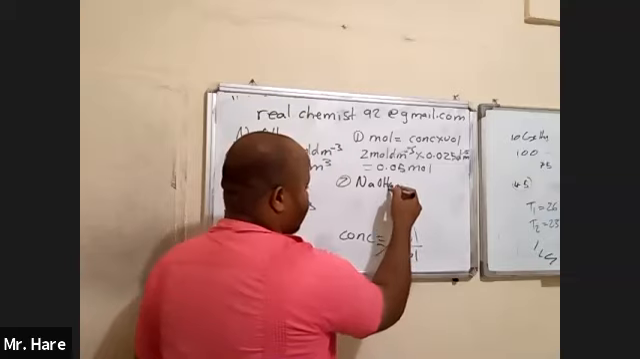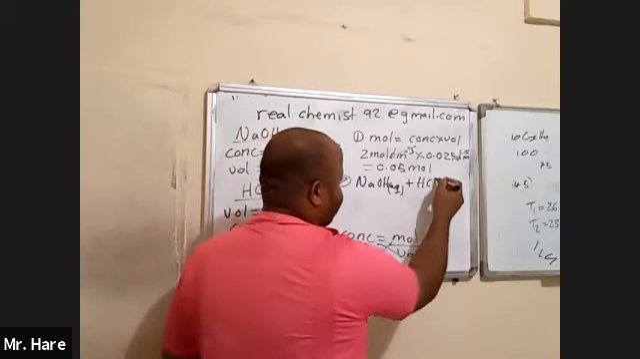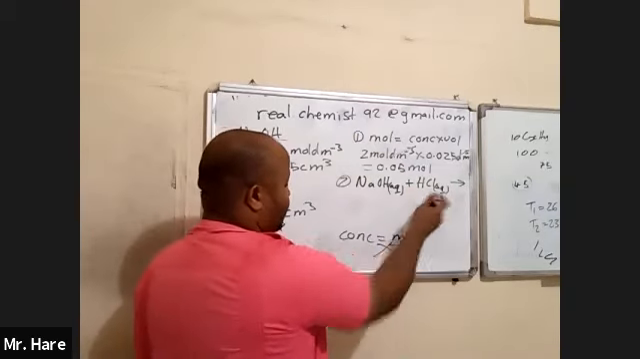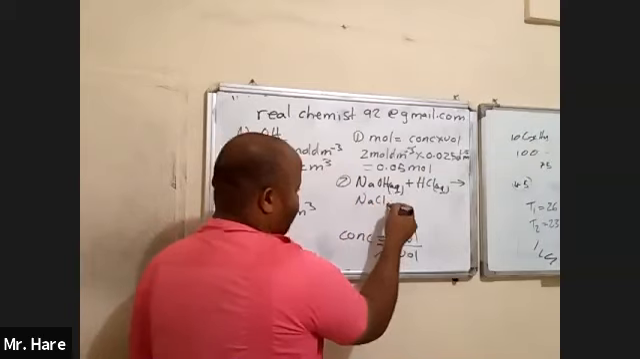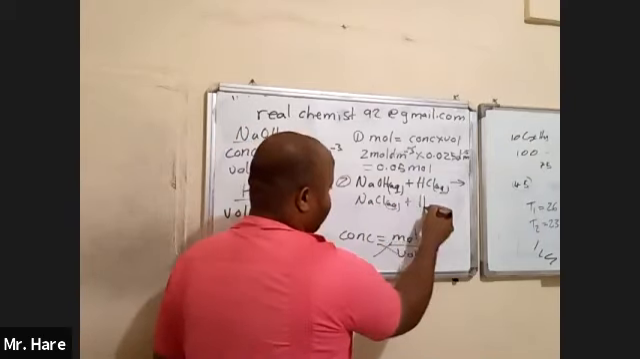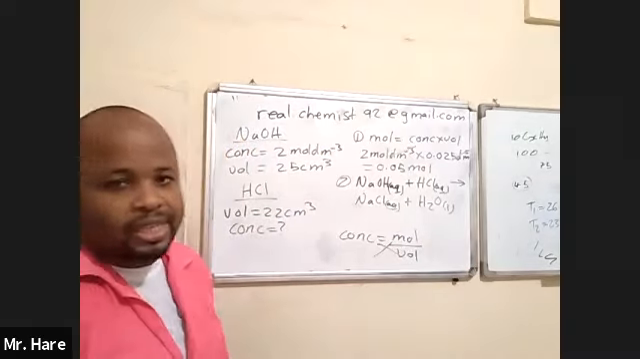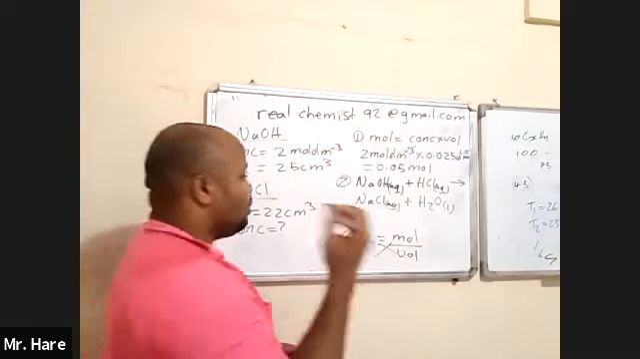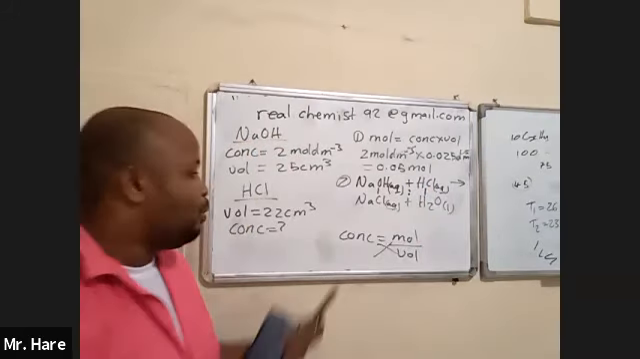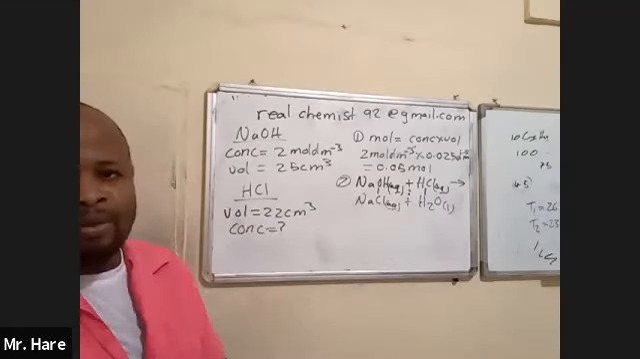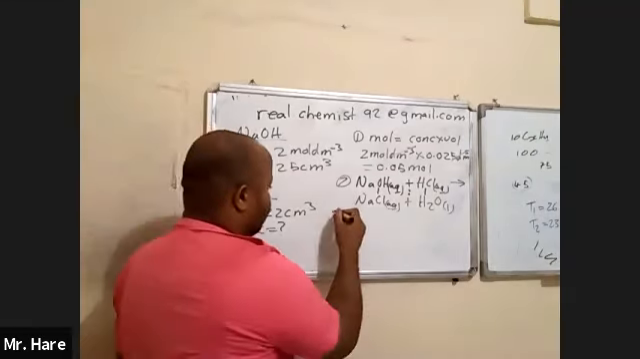Don't leave out the state symbols when you write an equation. So sodium hydroxide reacts with HCl, you will get sodium chloride and water. And we know that the mole ratio between sodium hydroxide and HCl is 1:1. Right? So if the mole ratio is 1:1 between sodium hydroxide and HCl, how many moles of HCl do we have? 0.05. Right? So the mole of HCl